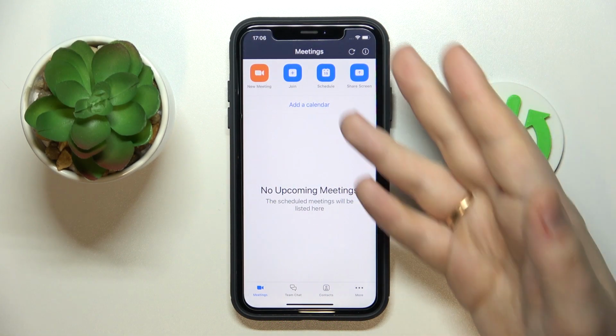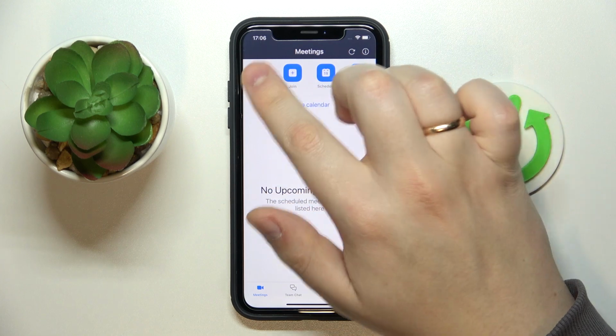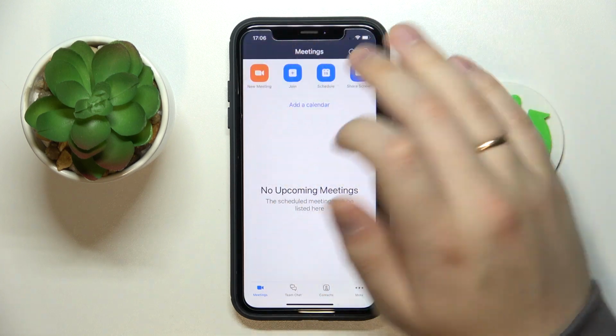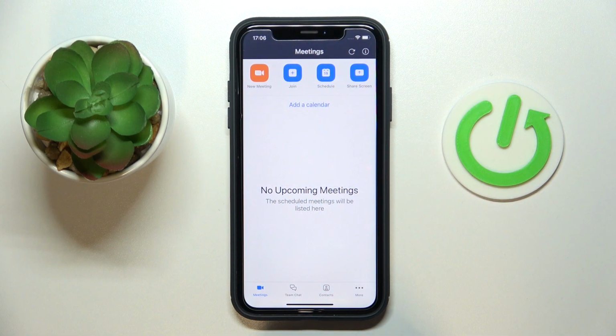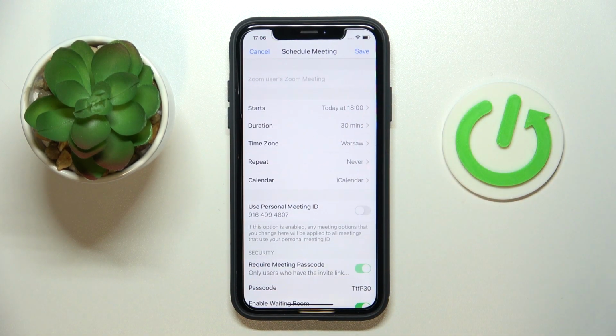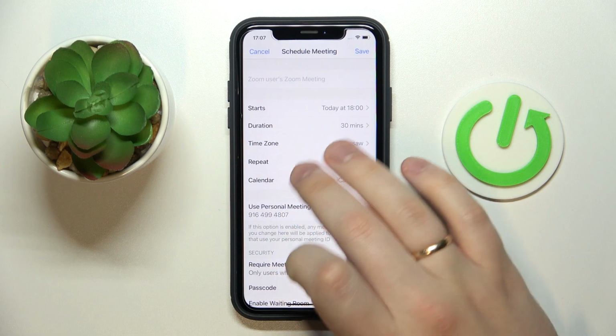So to begin with, you have to launch the Zoom app. Then at this little top part of it that provides you with an opportunity to create various meetings, just tap on schedule, then choose the meeting preferences, and in order to make it a recurring one, the meeting or the phone call that will be repeated through some period of time, you just have to open the repeat